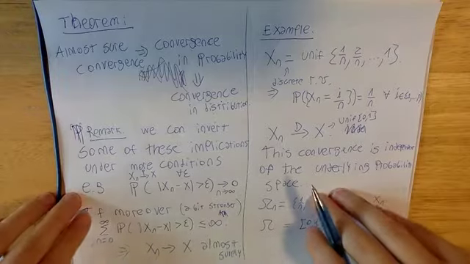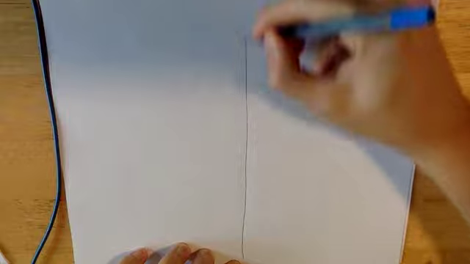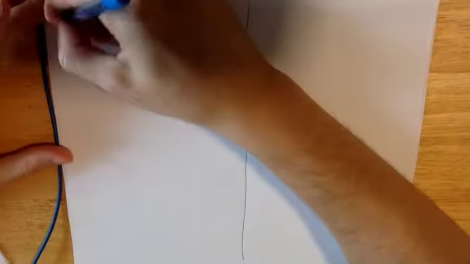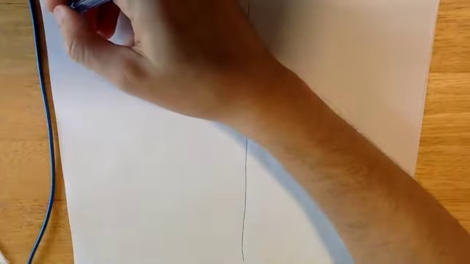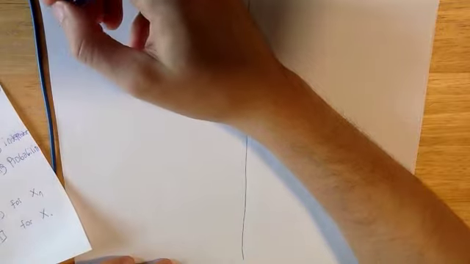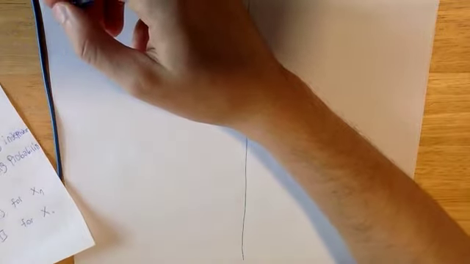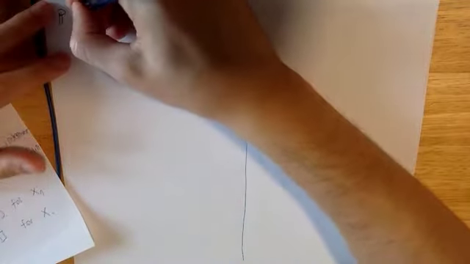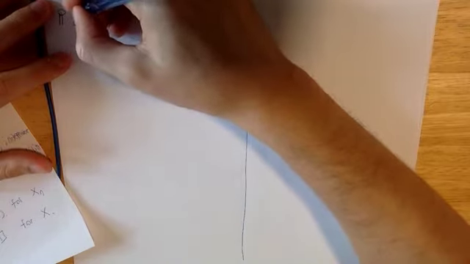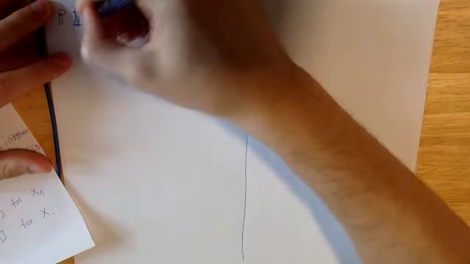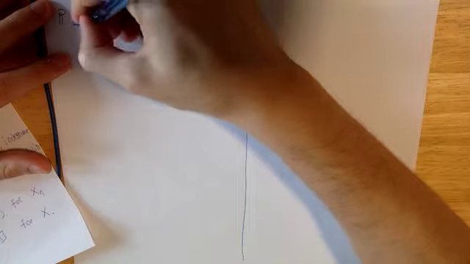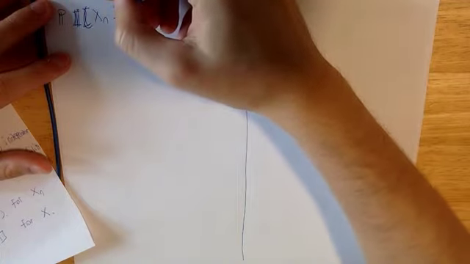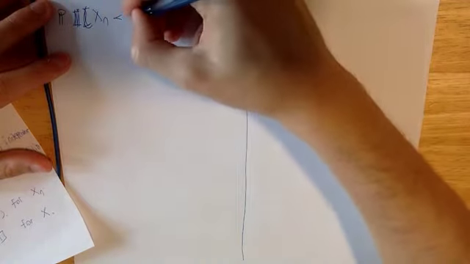In particular, if we look at the probability that Xn is less than A,